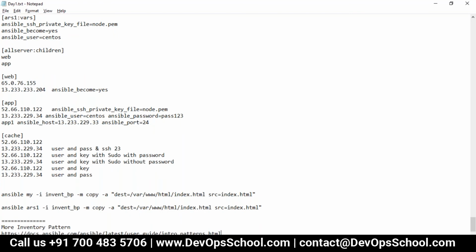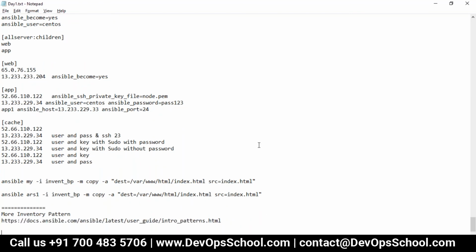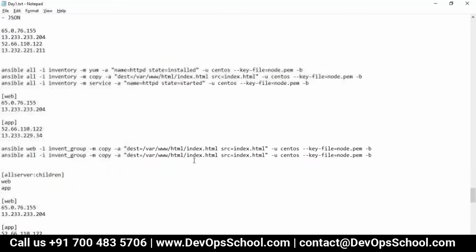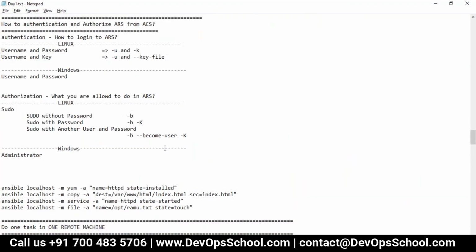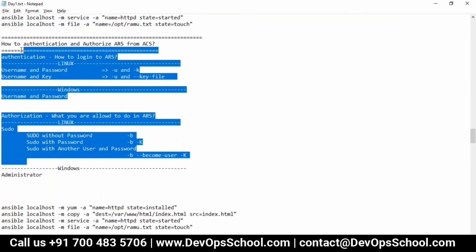Any questions so far, guys, on the inventory front? Rajesh, I have one question. In a real environment, we are not using any key file or this kind of authentication. For example, if it is a Linux server, we'll use a root or Oracle password to connect to the servers, and we'll have a different password for each server. So in that case, the server IP and the password, everything should be username and password. Or how can we update it here?